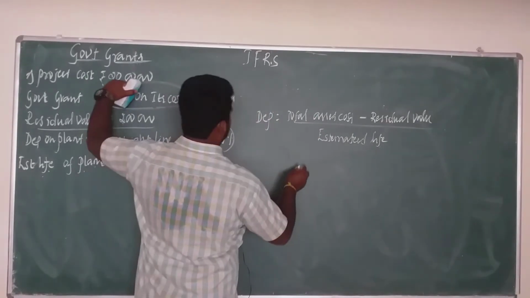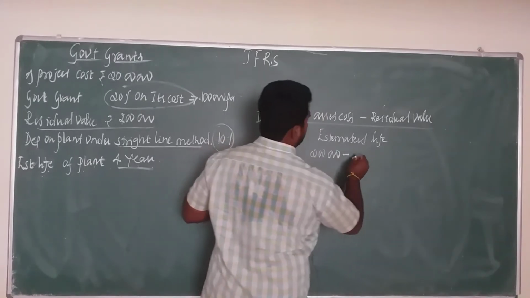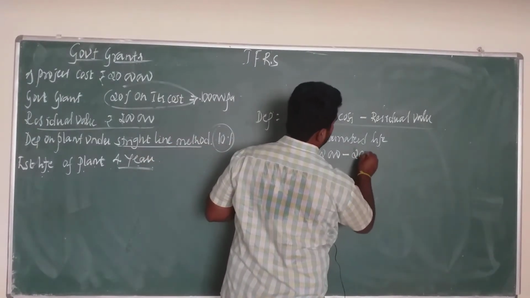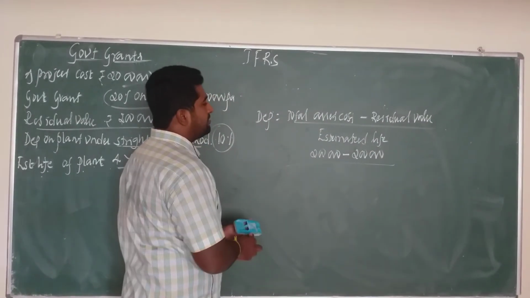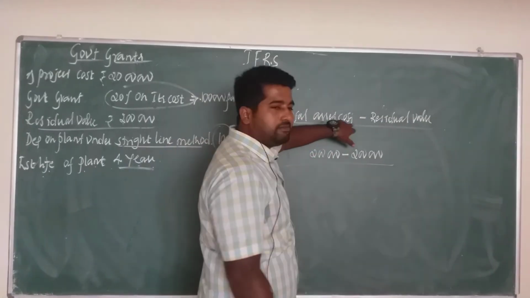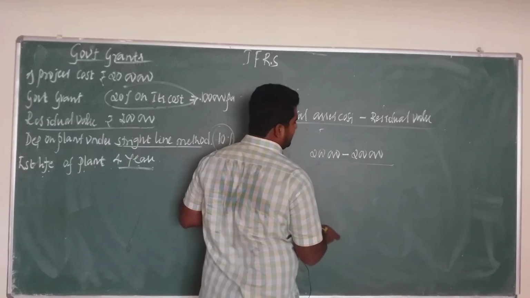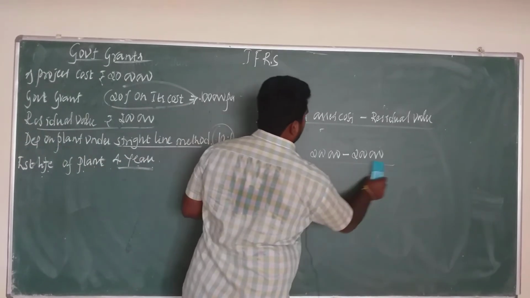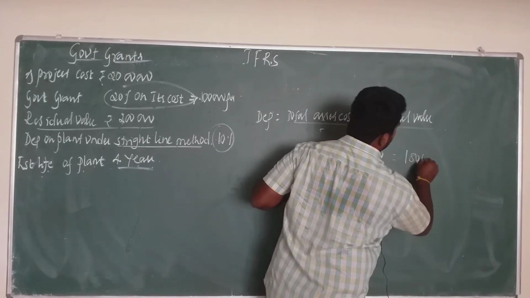Now first we go for total cost here. How much? 20 lakhs, minus residual value. How much? 2 lakhs. Whether you consider the estimate or not, we go for the next line. Once again, total asset cost minus residual value. Total 20 lakhs minus 2 lakhs. That is called scrap value here, 2 lakhs. What is the remaining balance available here? 18 lakhs.